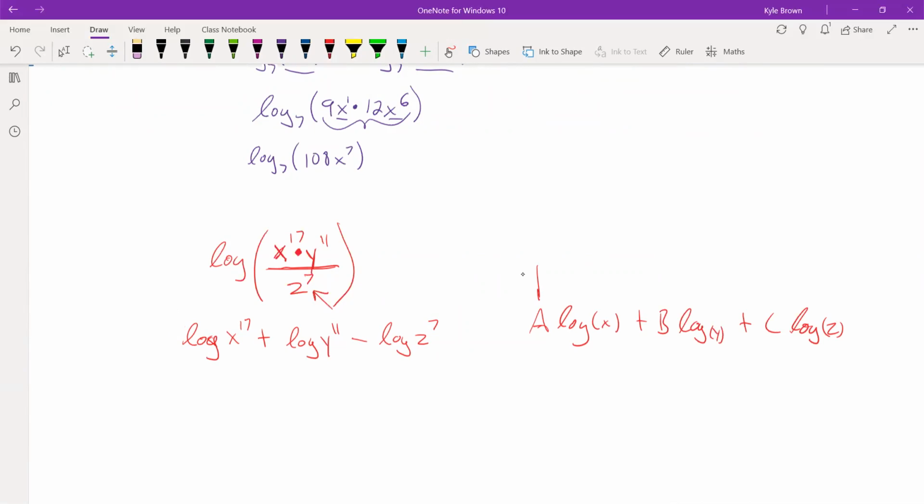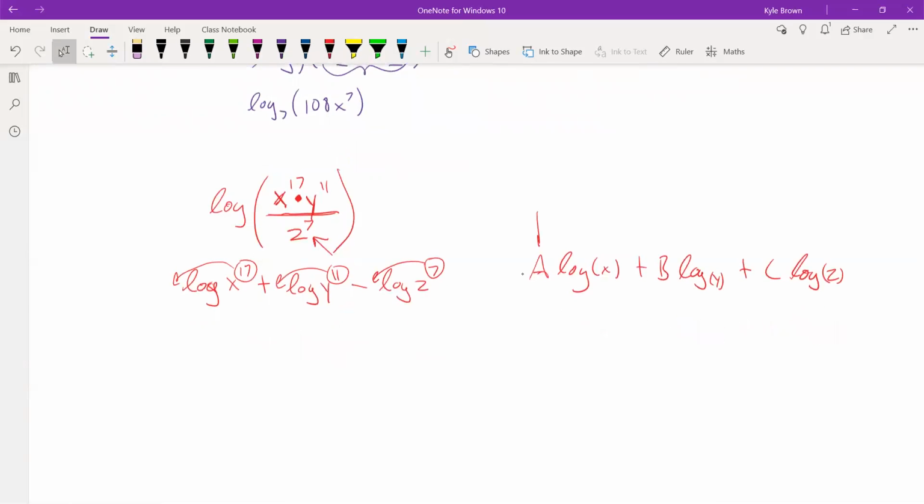So I want to put these numbers that are the exponents down now, right? So I'm going to bring the 17 down, I'm going to bring the 11 down, I'm going to bring the 7 down. Okay, so writing that out, this would all be 17 log x plus 11 log y, and then